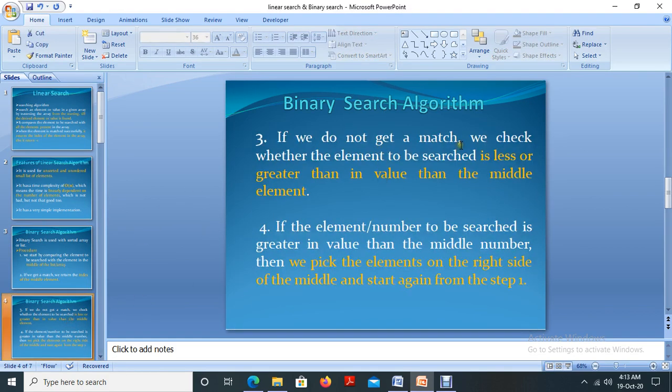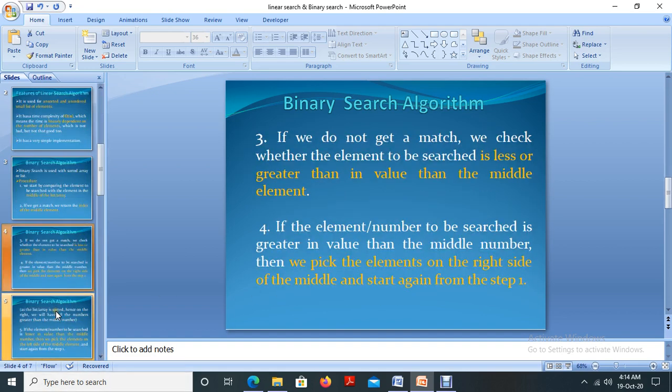If we do not get a match, we check whether the element to be searched is less or greater in value than the middle element. If the number to be searched is greater in value than the middle element, then we pick the element on the right side of the middle and start again from step 1. We are doing the same procedure from the first step.